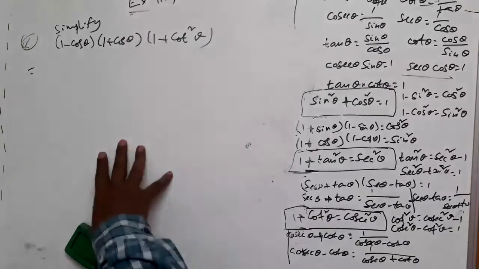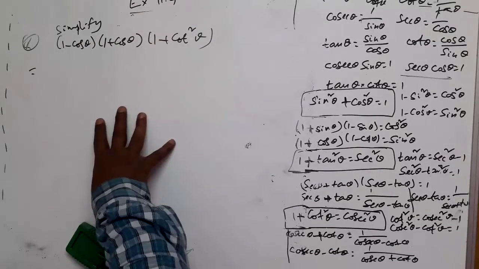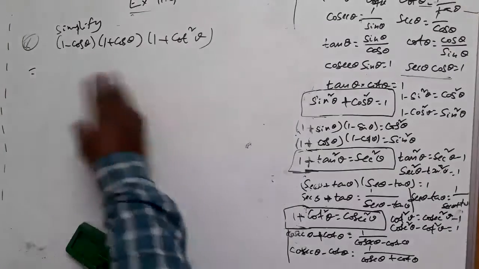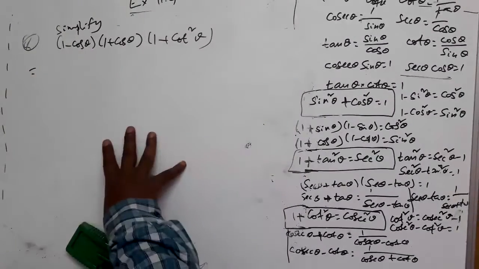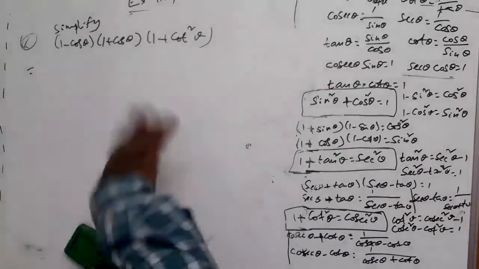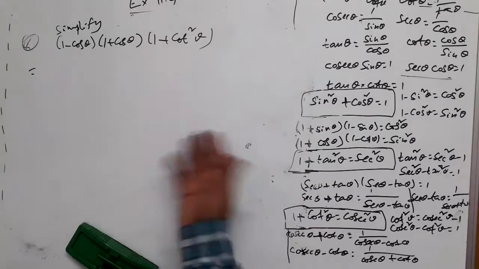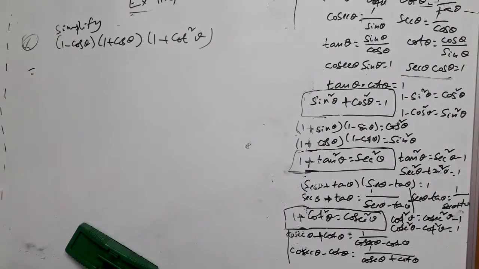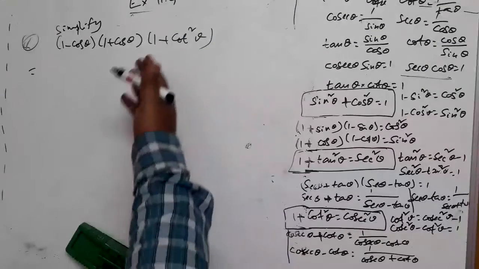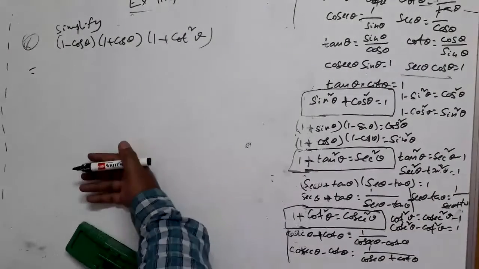Just now what we have discussed: you substitute some value in the place of theta, 0 degrees or 30 or 45 or 60 or 90, whichever for which each of the terms is defined. There should not be infinity or 0 in the denominator. That is the only condition. In that case, that will give you 1, so the fourth option will be the answer. But in the examination, if the question is given like this, you cannot do like that. Tell me, how shall we proceed?